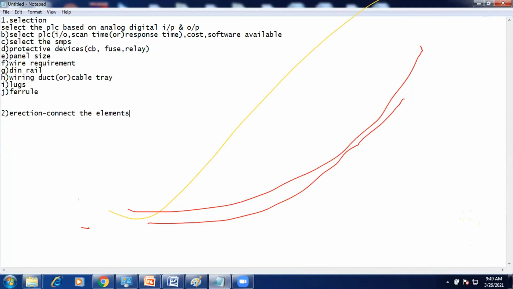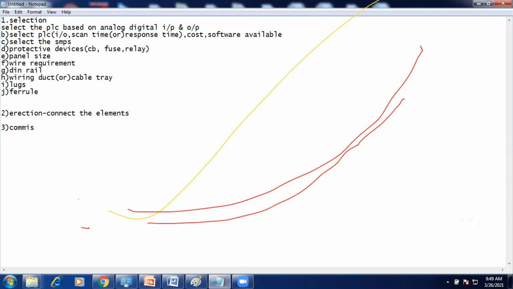Next one is commissioning. Using a multimeter, we need to check the connectivity. So we need to test whether the components are working properly or not. It comes under commissioning. Next one is troubleshooting.